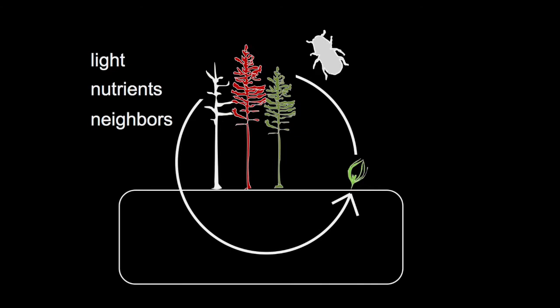I forgot one part, sorry. The other thing that I also wanted to mention is neighbors, and this is something that we're going to focus on too. What I mean by neighbors is, along with light and nutrients, these types of changes, we also have the death of the trees themselves. And so this will impact the above and below ground community too.